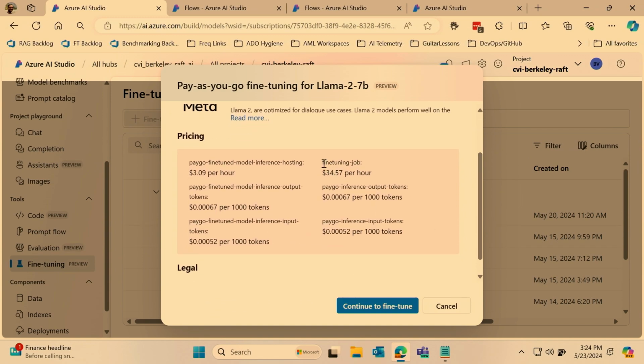What this card tells me is that it costs $34.57 per hour to train this model. So if I run a 3-hour training job, it's going to roughly cost me around $100 and odd, right? And after that, if I want to deploy the model, I have to pay an inferencing hosting cost of around $3 per hour.